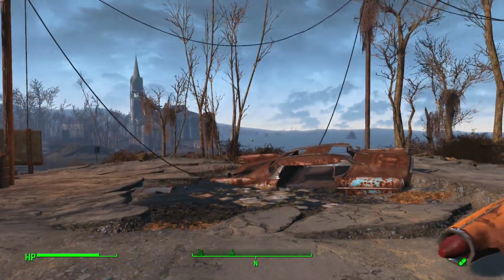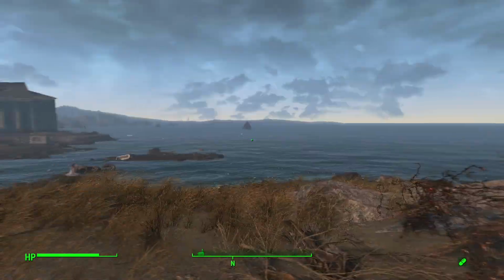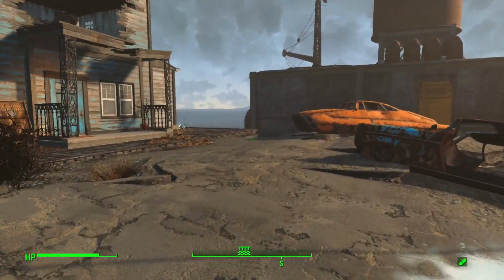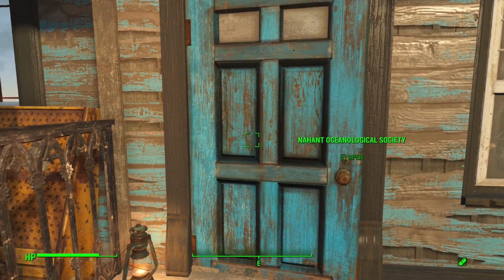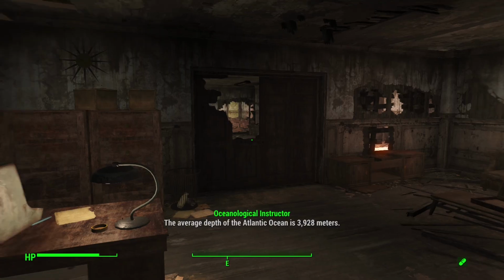So we're now here and the rain has cleared up here, which is nice. So we've got a bit better visibility of the Atlantic Ocean. So where I live is somewhere way over there in the distance, across the pond. But yeah, we've got this place here, which is the Nahant Oceanological Society. So in here, this place, they have a little museum and the robots that spout the 2 amazing ocean facts at you. But one of the things that the people here were doing...